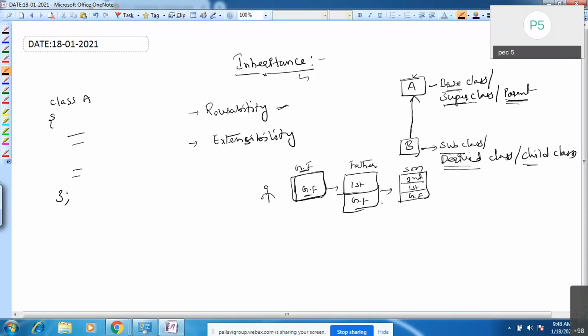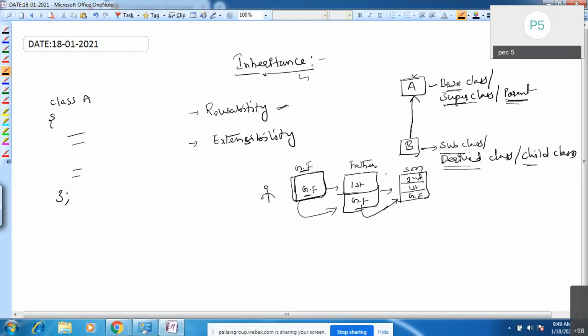Acquiring the properties of the grandfather means all the properties of the grandfather also belong to the father. Whatever properties the father has, the son also owns.